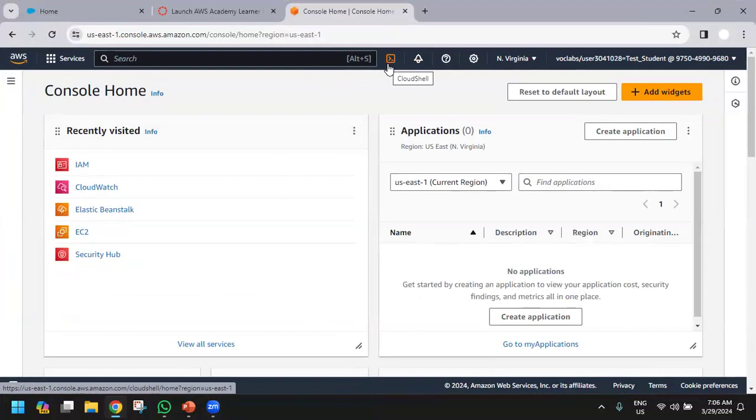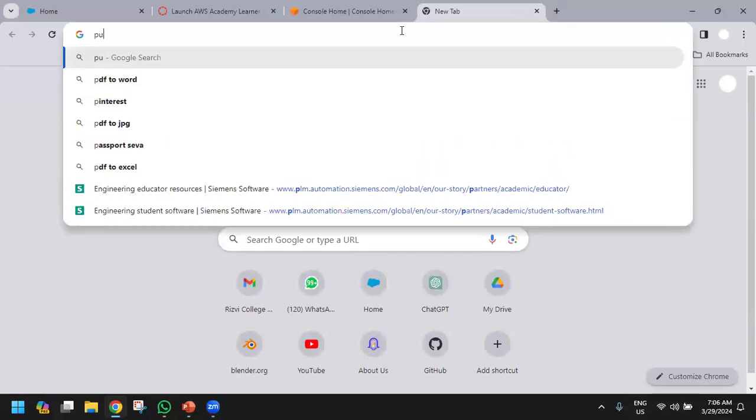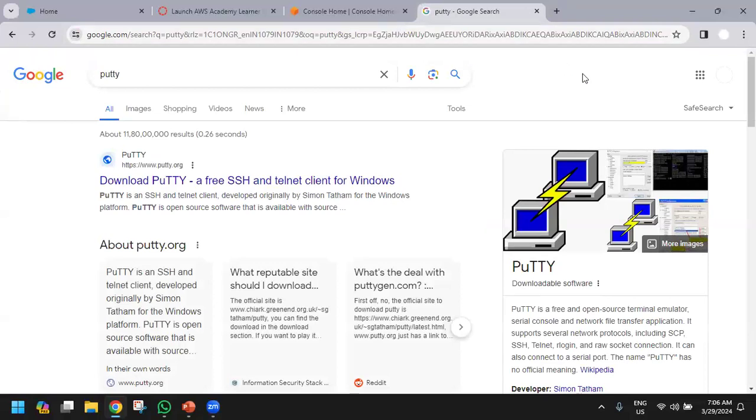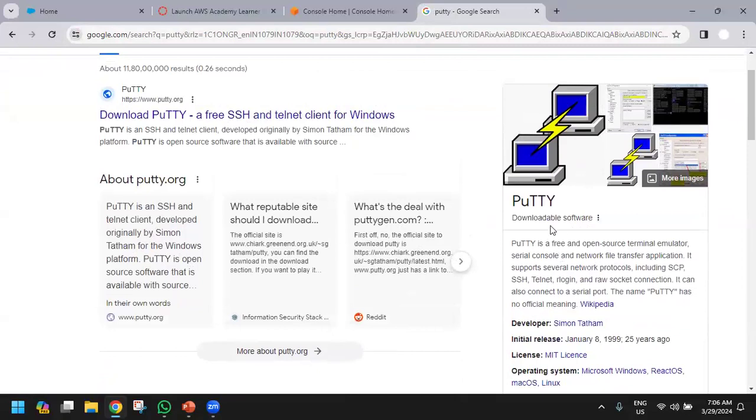And then there is a third way. Third way is, if you are using Windows, then you have to use a software called PuTTY. Another software called PuTTY. So this is another open source, means free to use, SSH. SSH is for secure shell. And if you want to log in securely onto your server, you can use this PuTTY. Yes, in India people call this as PuTTY as well. So PuTTY or Putty.